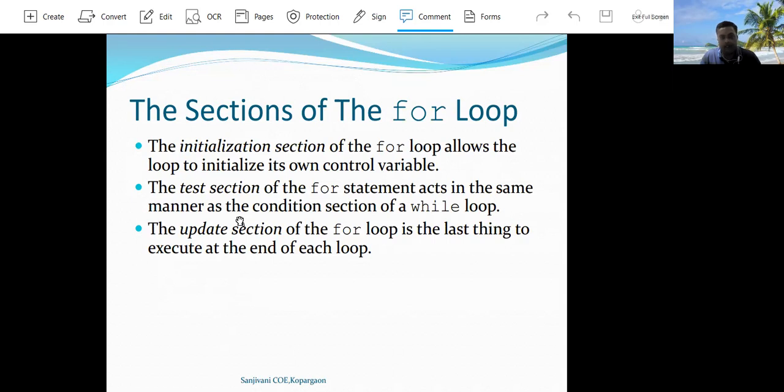Then in the test section, the programmer can write a condition or a Boolean expression. Whenever the Boolean expression is true, then the for loop is executed. The update section is the last statement written in a for loop, which will increment or decrement the value of the control variable of the for loop.